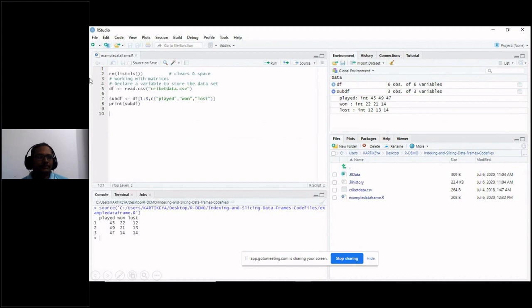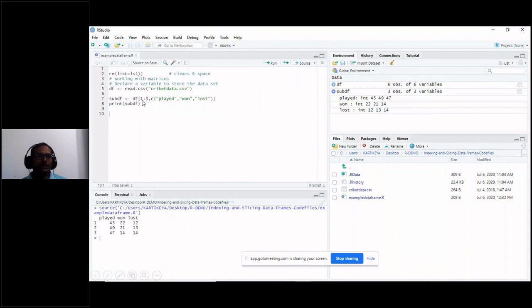Now again, I am taking the same example, cricket data.csv. Now if I want to create a subset or a sub data frame by using the column numbers. From the data set df, that is cricket data, select 1, 2, 3 rows.